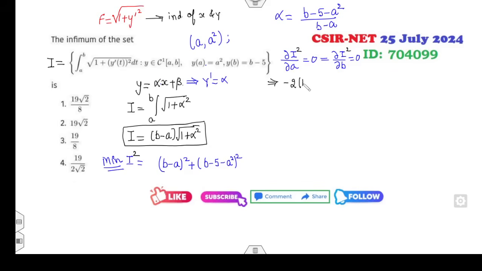सो a के साथ करेंगे, सो minus of 2 b minus a minus 2a, so that is 2 into 2 4a, b minus 5 minus a square is 0, और with respect to b करेंगे इसको, so that will be twice b minus a and plus twice b minus 5 minus a square is 0। फाइन, इस वाली चीज को मैं उधर ले जा रहा हूँ राइट साइड पे, तो ये क्या बन जाएगी, ये पॉजिटिव और ये नेगेटिव। फाइन, ये मेरा नेगेटिव हो जाएगा और ये मेरा पॉजिटिव हो जाएगा। फाइन, अब आप इन दोनों को डिवाइड कर देते हैं।